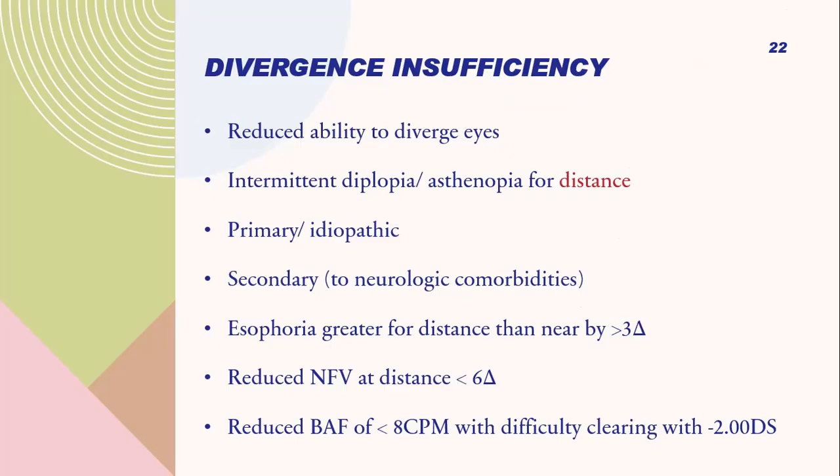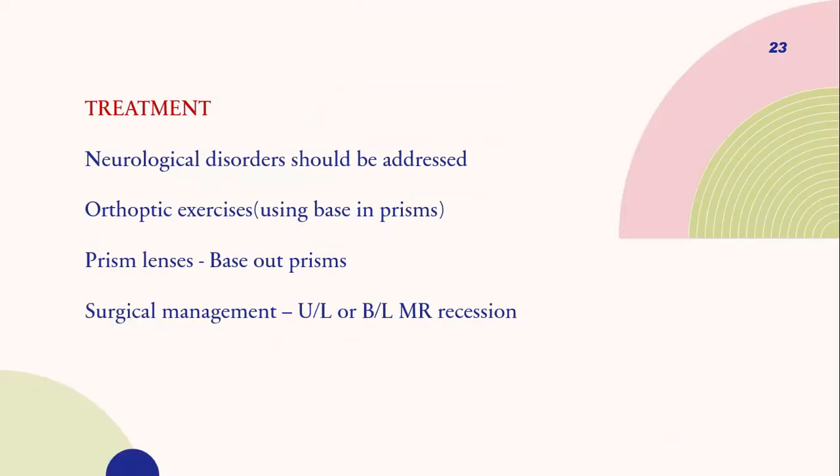So divergence insufficiency is again an inability to diverge the eyes. Here the patient will complain of diplopia for distance, and this can be primary, which is idiopathic, or secondary to neurological conditions. Divergence insufficiency is rarer when compared to convergence insufficiency. So here again we have to treat any underlying neurological disorders, and we give orthoptic exercises, and for exercises we